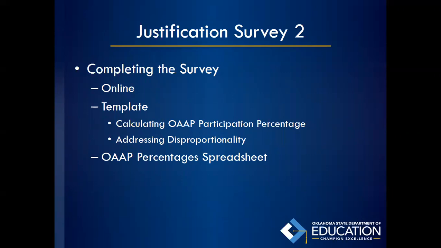And then it also asks the districts to enter in previous OAP percentages to see if your district's making strides towards that 1%, or if you're increasing. A lot of these smaller districts, if you have 2 or 3 new students move in, or a family, it's really gonna spike your testing percentage. But larger districts should be a little bit more stable, so you should see what those trends look like. So I'll take you to that website right now.